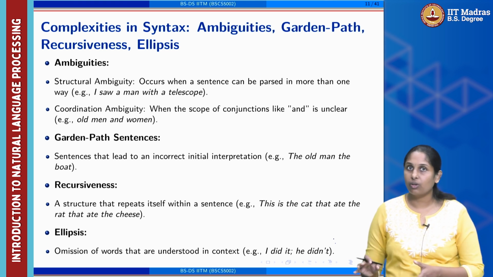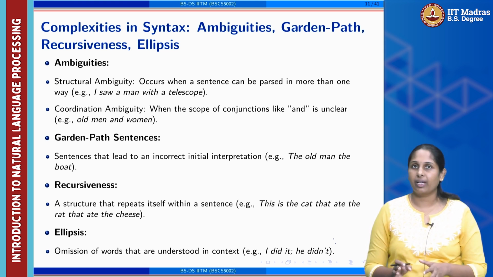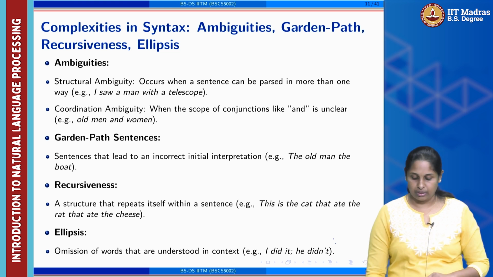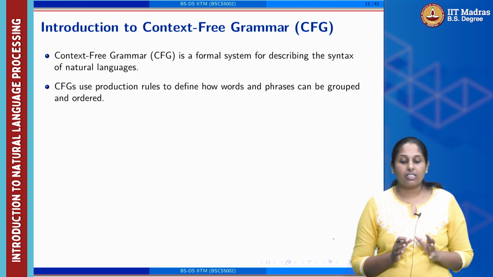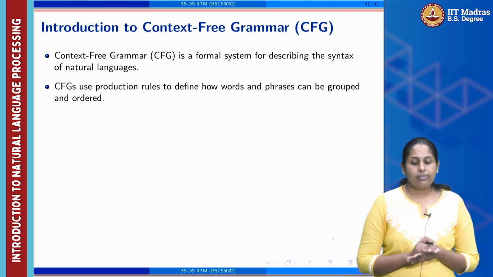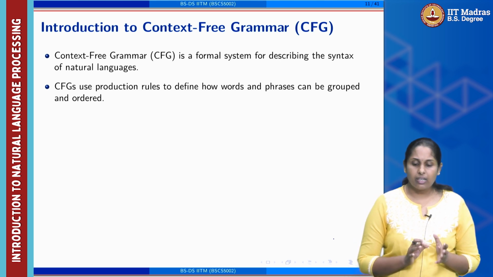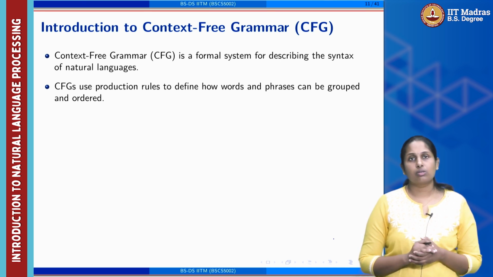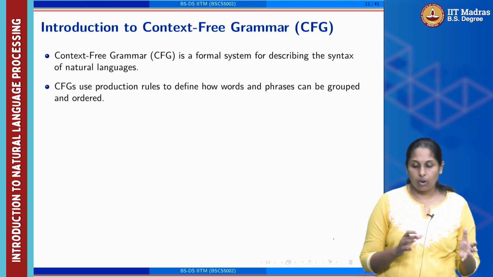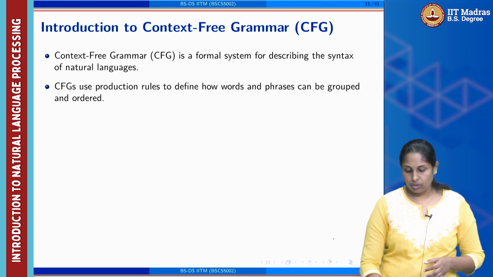We are omitting that whole part, but still we can make a meaning out of it. Okay, let's understand something called context-free grammar. Context-free grammar is nothing but a grammar. It's a formal system that describes the syntax of a natural language. It uses production rules, which help us understand how words and phrases are combined together to form